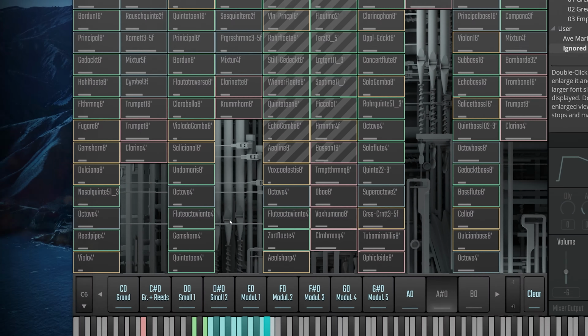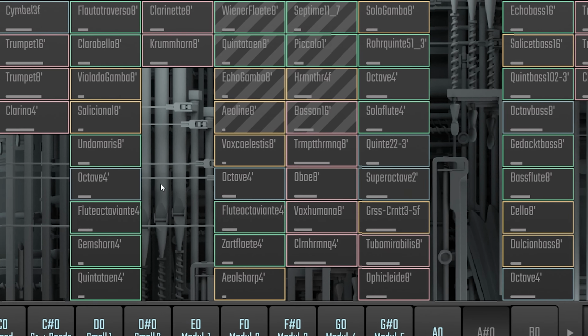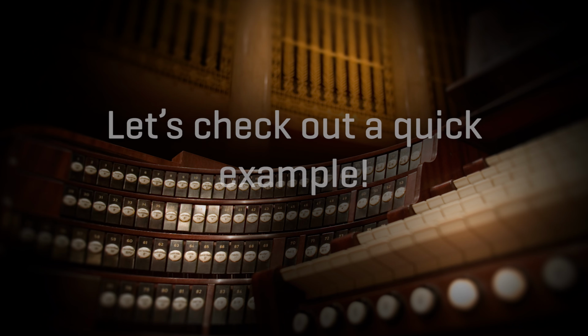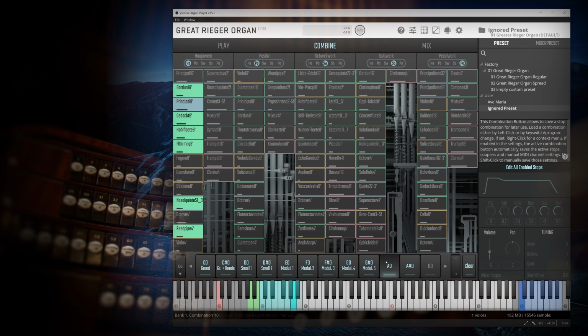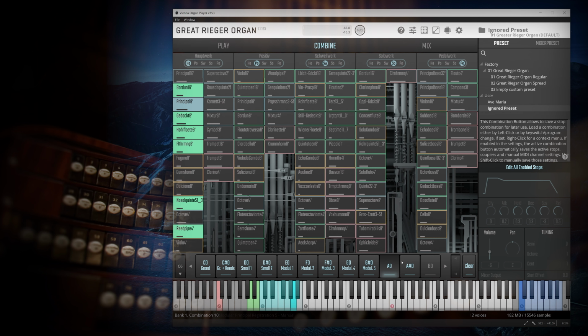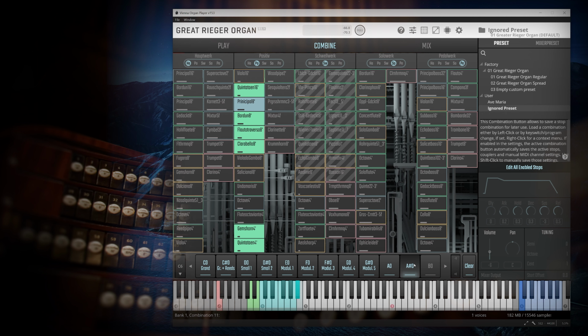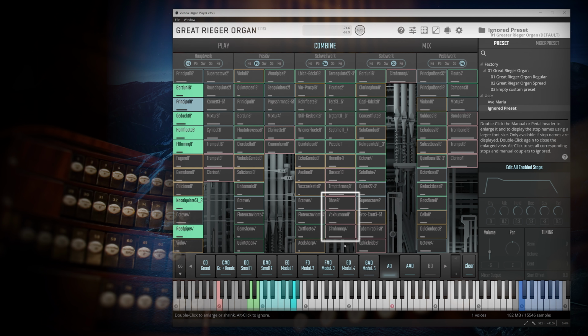The ignored status is indicated by transverse stripes, easy to identify. So if I set this deactivated stop to ignored and switch to another combination where the same stop is activated,